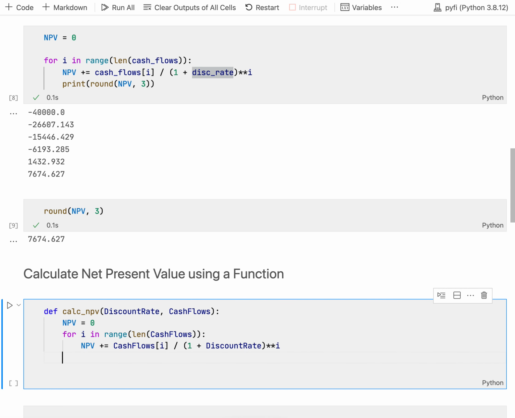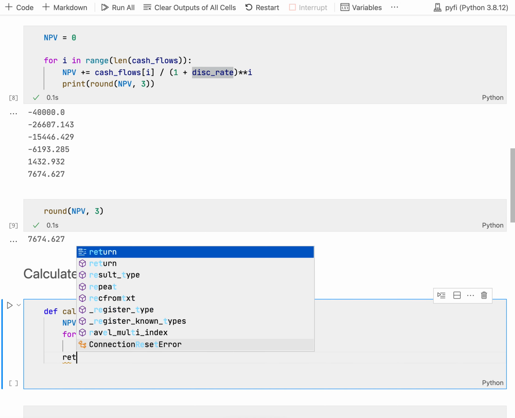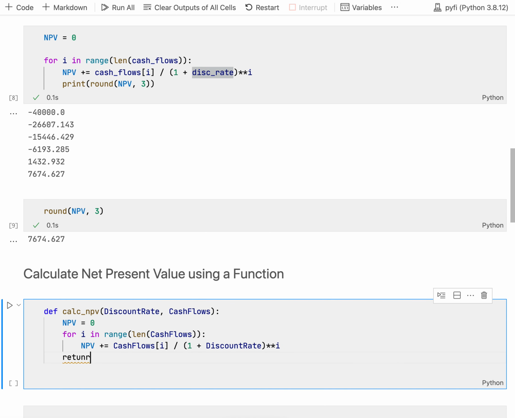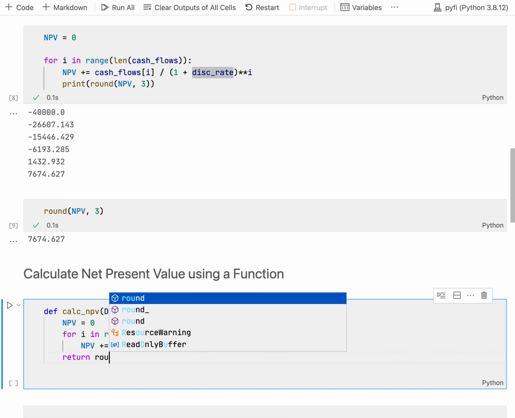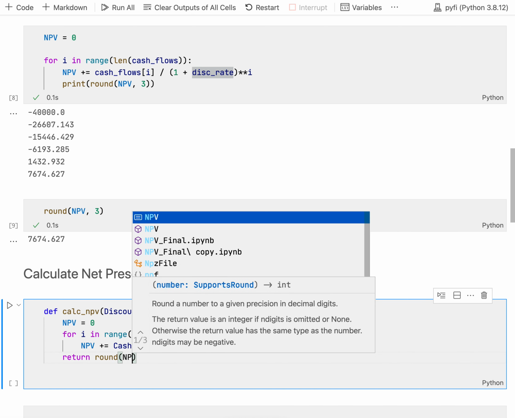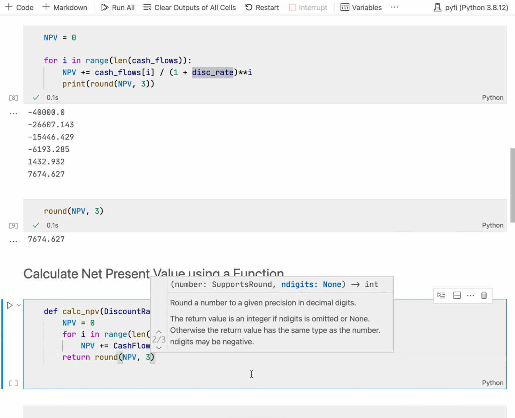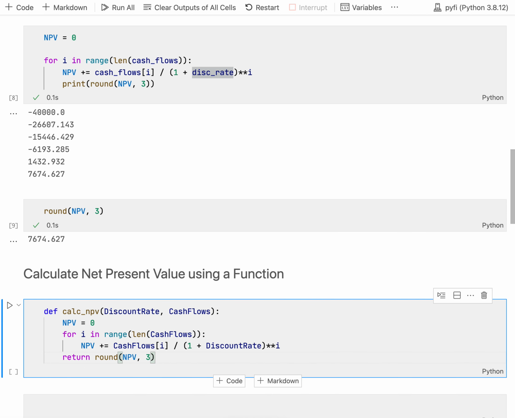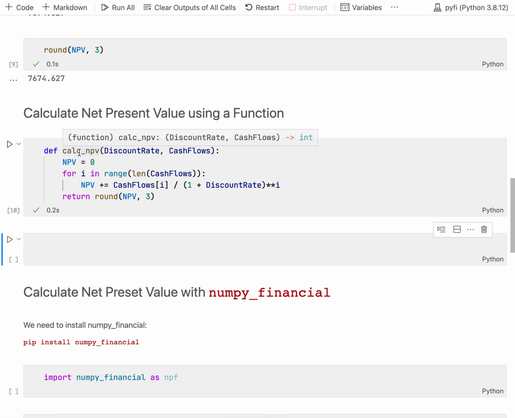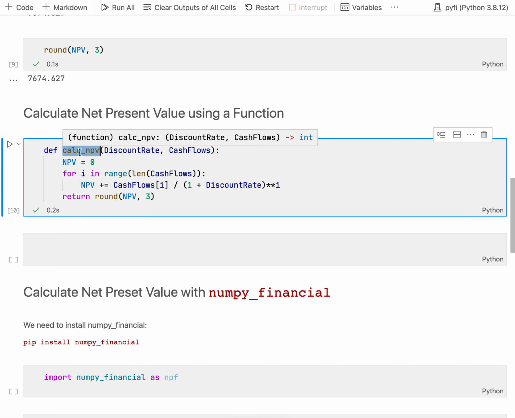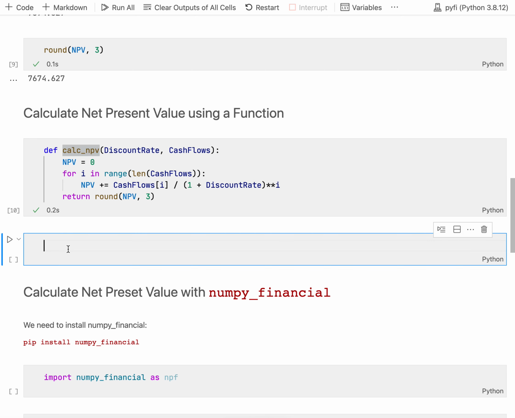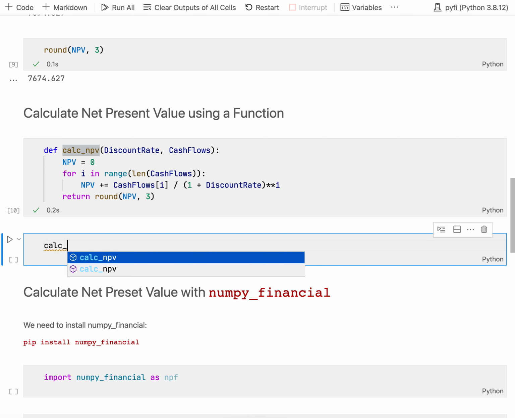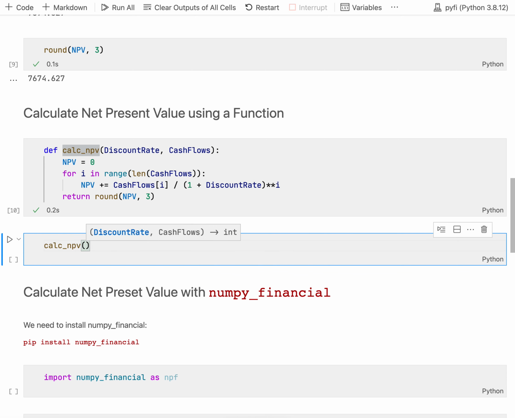The last thing that we can do is just to get the results. We are going to say return, what do we want to return? A rounded value of the net present value to 3 decimal digits. And that is it. We have defined our calculate NPV function that takes these two arguments. Let's check if we haven't made a mistake and if